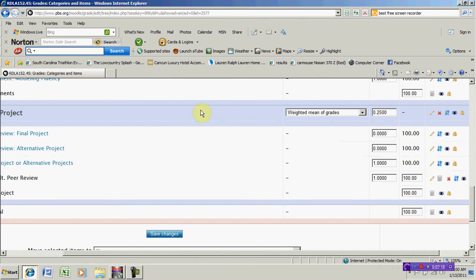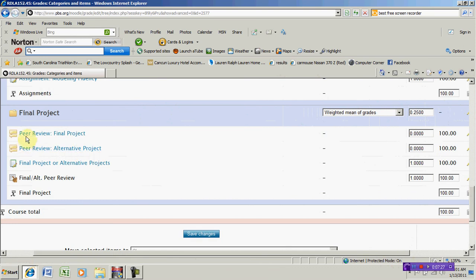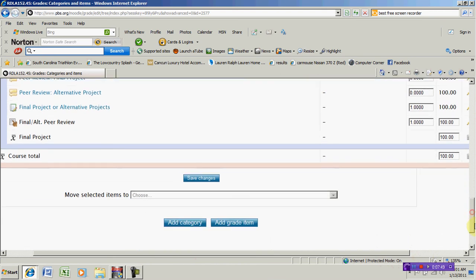In each section, this tells the weighted mean of that subset of grades. So the final project counts 25% of the final grade. I have changed mine here to 0 because I graded it in a different section. So you may want to do that as well. I had a course that had a final project or an alternative project. If you have assigned that a weight of 1, then the people who do not submit a final project will be penalized. So make sure you're checking those types of things within your course and that the sum at the